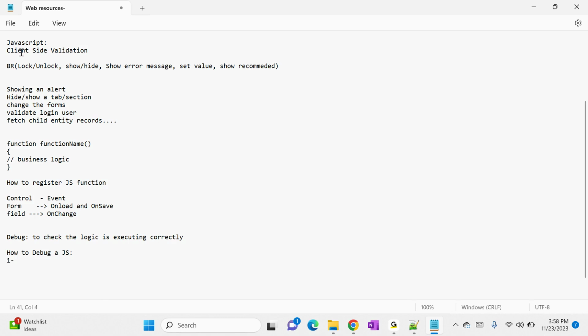First thing is click F12. Second, load web resource. Third, insert a debugger. Fourth, execute the event. Fifth, click F10 to check